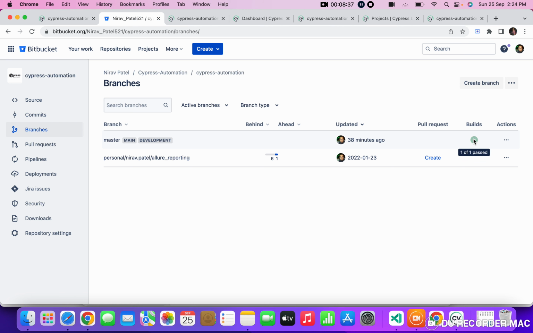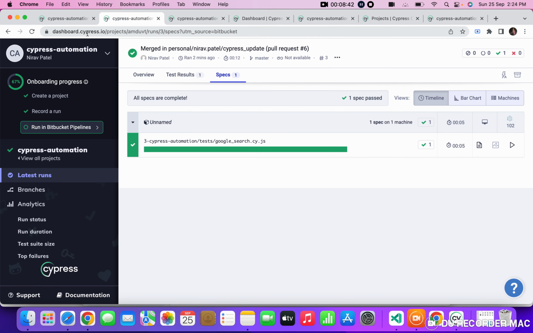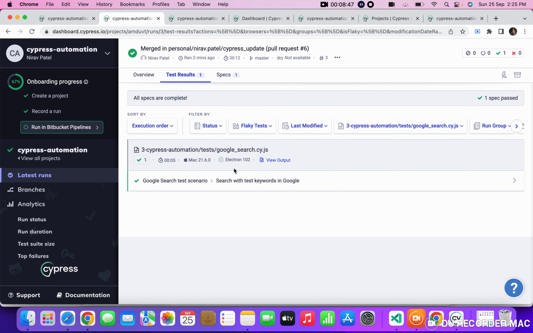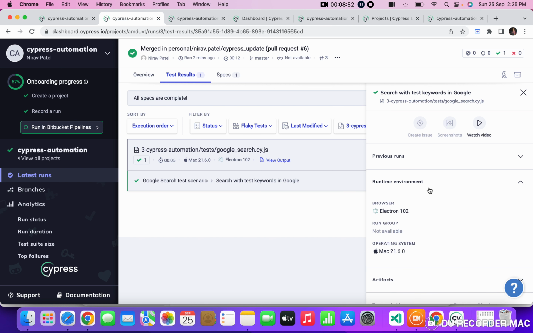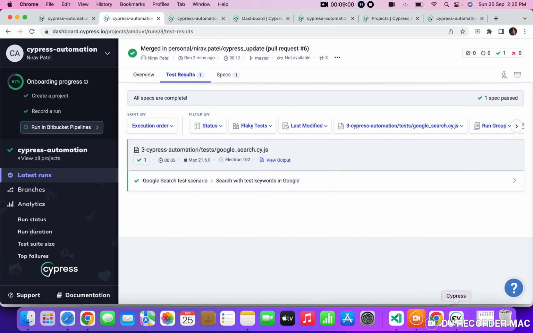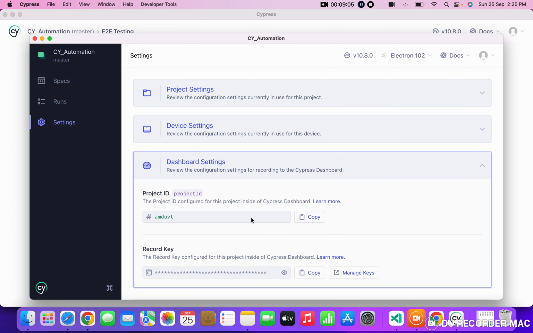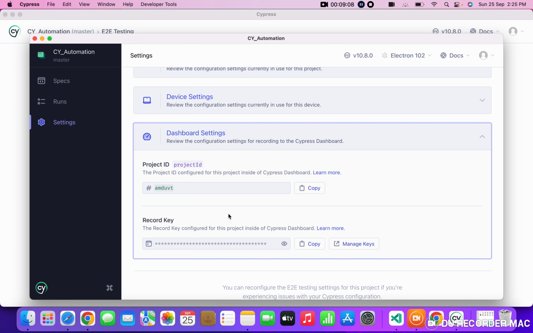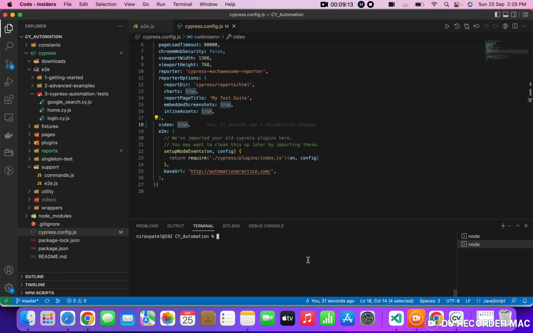You can see once we click here, it will go to the Cypress dashboard at dashboard.cypress.io, and we have all the executions available here. We have the previous runs, the run environment, and we can see the artifacts for that. We can see every history available here, and all the data will be stored inside. For that we just need to have, inside the dashboard settings, the project ID and the record key, and once we run using this command, then we'll have this